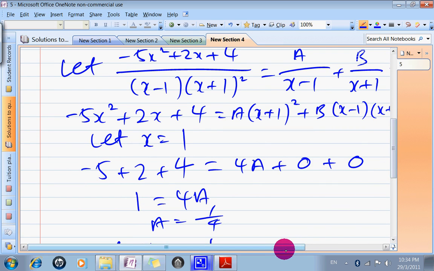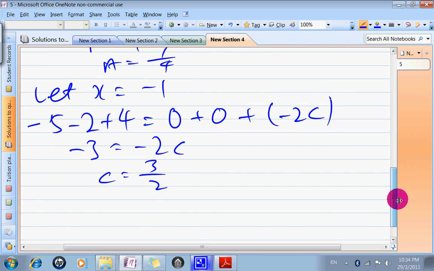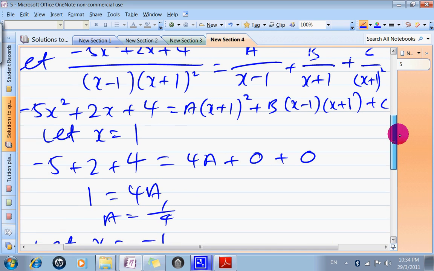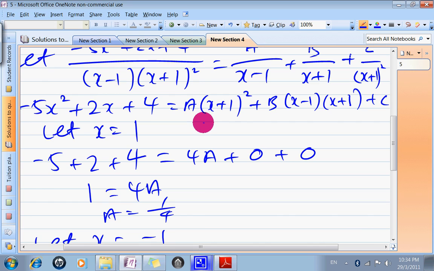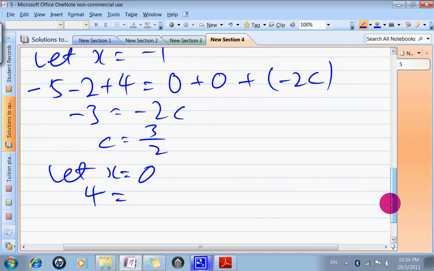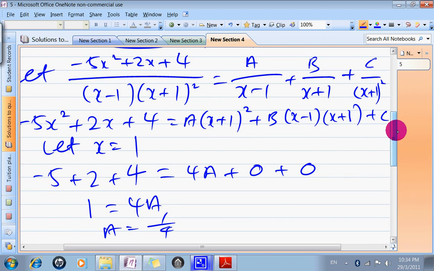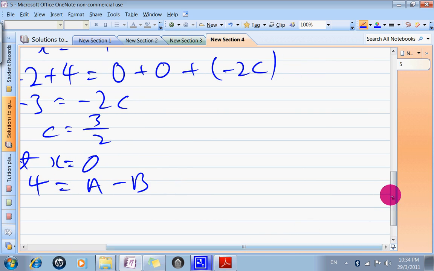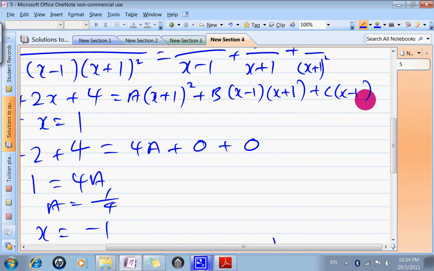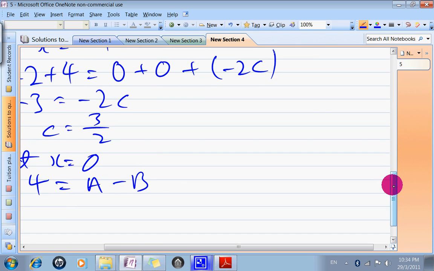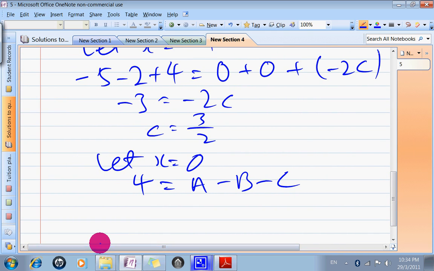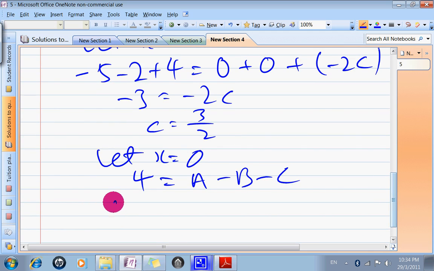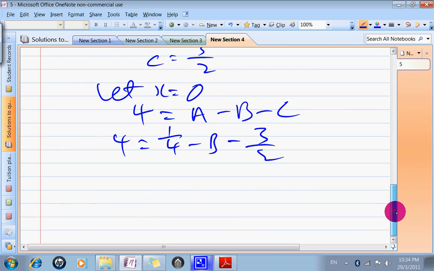The last one, the B, I'm going to get it by letting x equals to 0. Let x be 0, then the left hand side becomes 4 equals to, I sub in 0 into here, gives me 1, which will give me A. And sub in 0 here, gives me minus 1 and the B, so gives me minus B. And I sub into the C part, so 0 will give me negative C. So I got A and I got C. A is 1 quarter, 4 equals to 1 quarter minus B minus 3 over 2,